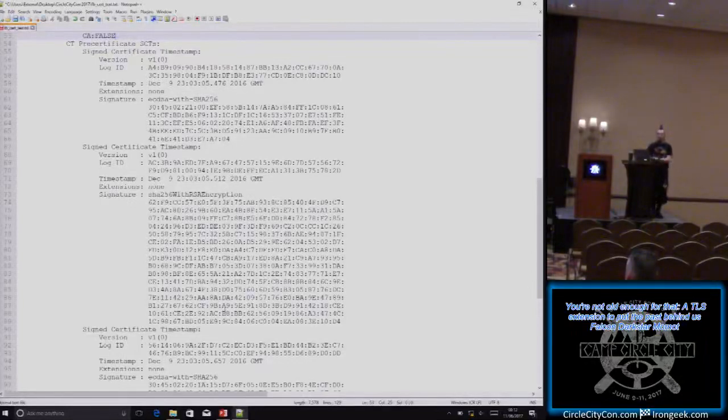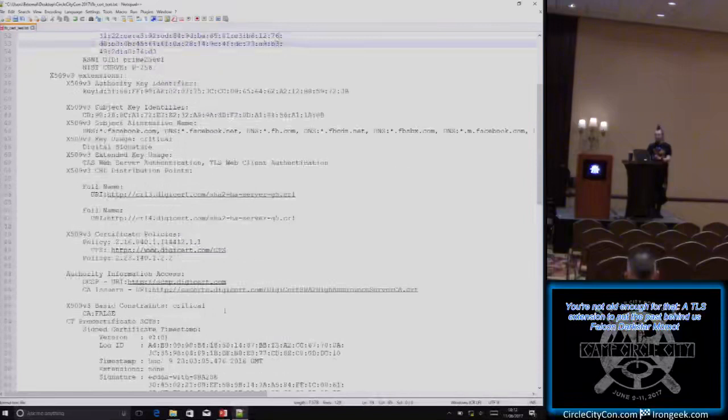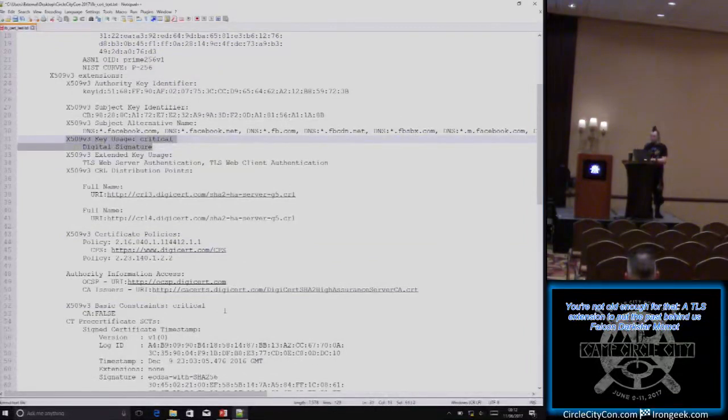It is a request by the website administrator to say the following things about this key as it identifies this website. Some of these extensions are marked critical, like, for example, this X509 key usage extension. This is also important. I do not mark the extension that I'm proposing here critical so that it doesn't cause backwards compatibility issues. The meaning of critical in this context is if you don't understand this extension, then you don't know what the certificate means and don't use it.